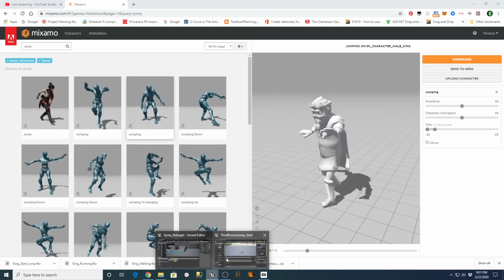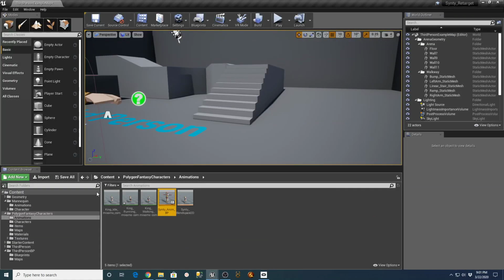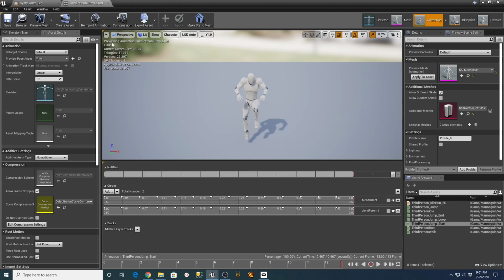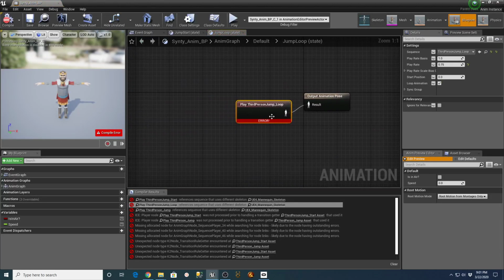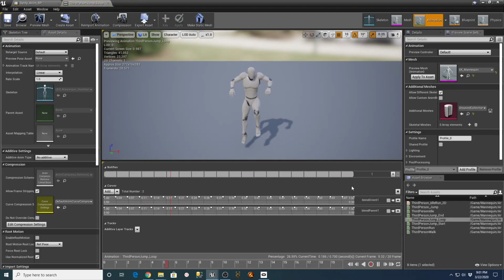All right, so now our next piece we need to find in the animations. We'll go back in here, and we're going to say that our jump loop, I want to see how long that is. So that's 20 frames, but it's basically just 20 frames of the character looping in a jump fall kind of thing.